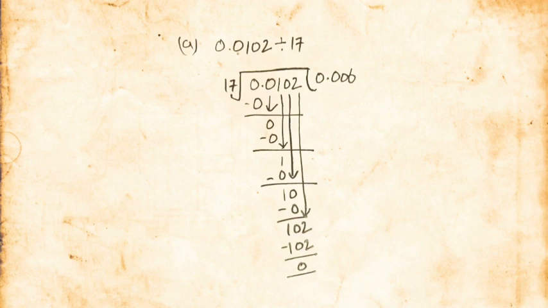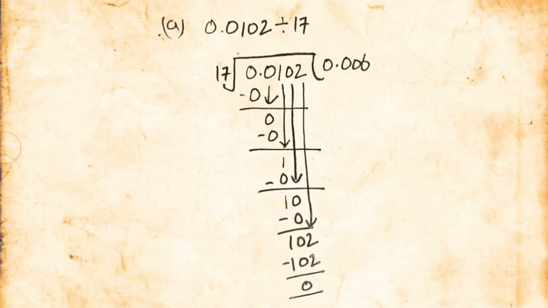Next, find the quotient of 0.0102 divided by 17. So 17 is the divisor, and the dividend is 0.0102. Firstly 0, as 0 is less than 17 it goes 0 times. Again bring the next number 0 down. Here the decimal appeared, so we have to put a decimal in the quotient as well. So 0 minus 0 is again 0. Bring the next number down, that is 1.